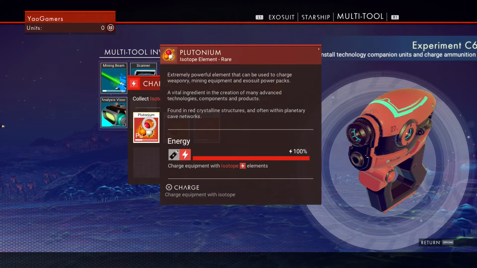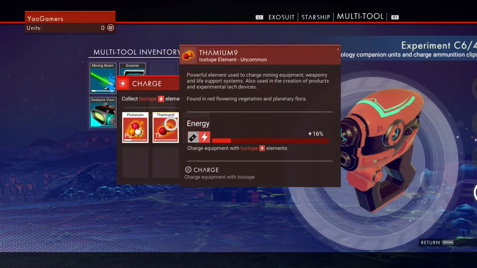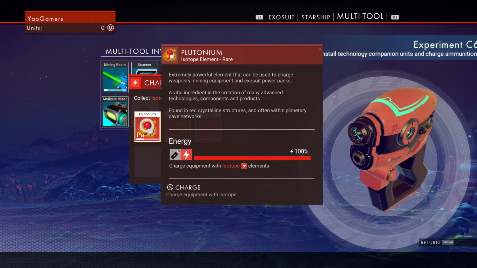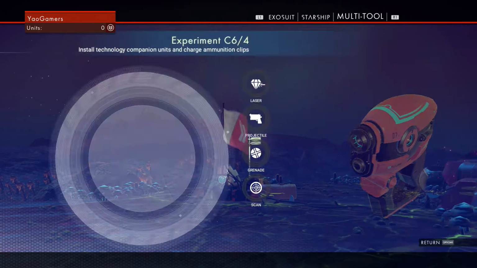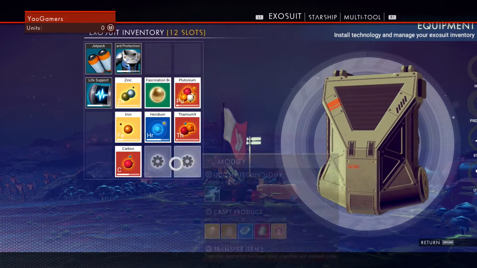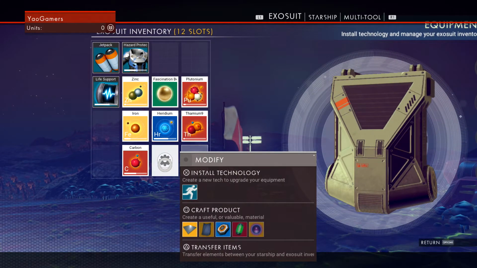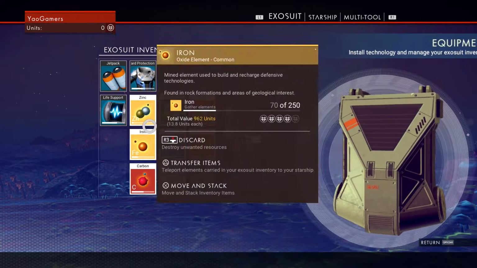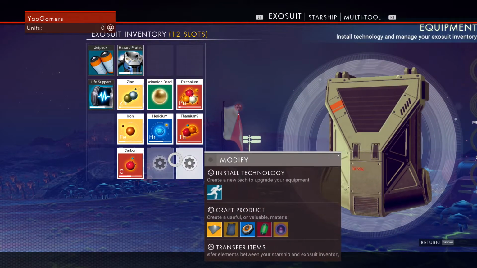Yep, let's do that. I don't really want to use... Oh, I guess we could use plutonium. It's going to fully charge it. So we'll do that. But while we're here, I'm actually going to... What you can do in your inventory, this is the biosuit inventory or the exosuit inventory, if you've got a random slot or an empty slot, you can